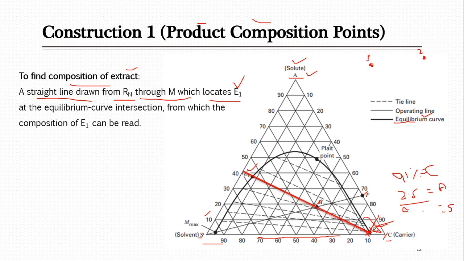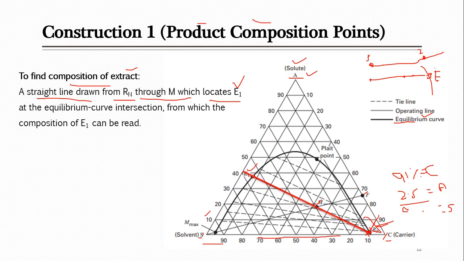Now I have to draw the straight line. A straight line which starts from point 1 and passes through point 2 is only one line. Sorry, this is not that straight, but still you can place the ruler and draw the line starting from one point, passing through the second point, and then it will cut the other side of the curve. That will be your extract point. So there are not many lines possible, only one line. Yes, someone maybe will locate it at 40, someone at 39, but this is the point which you have to read on the binodal curve. So that's your extract point.